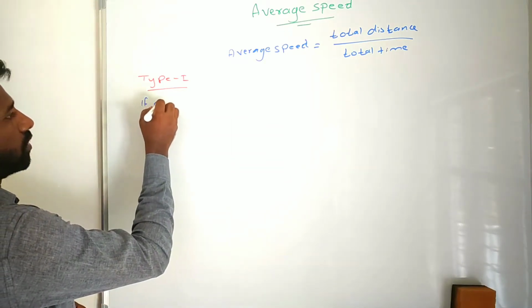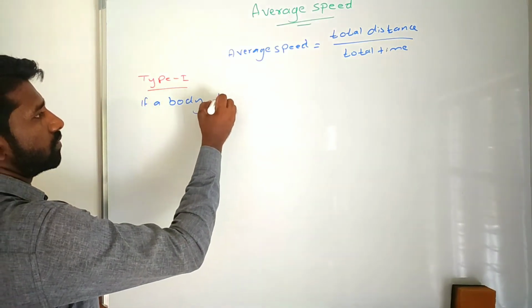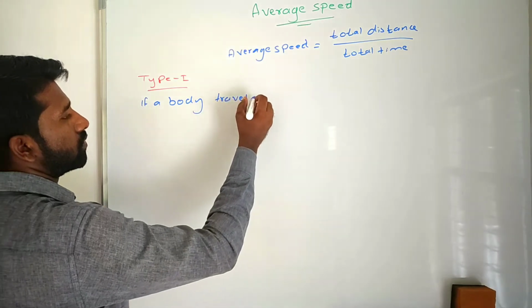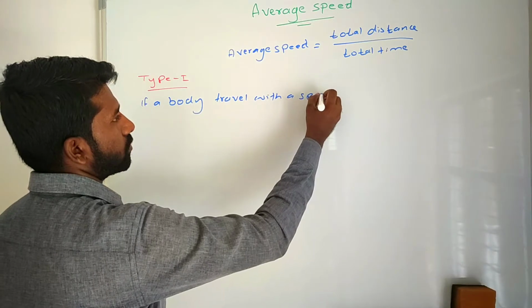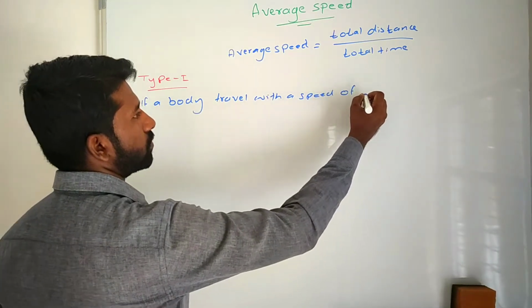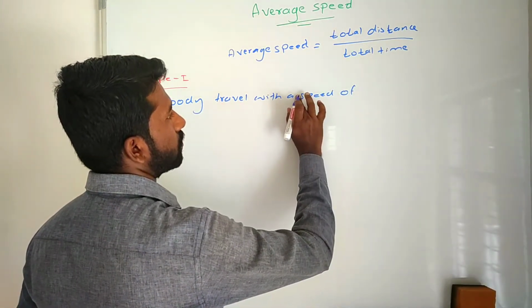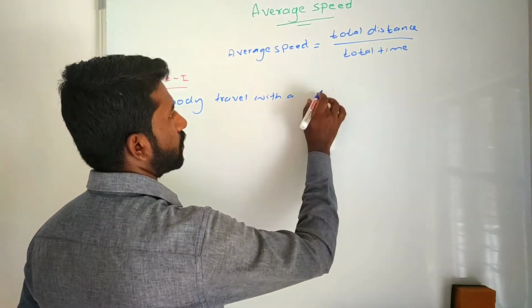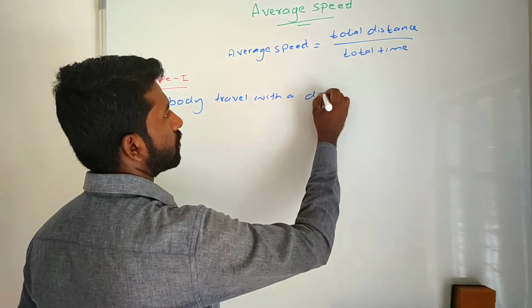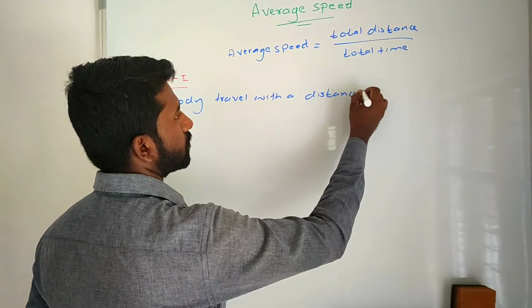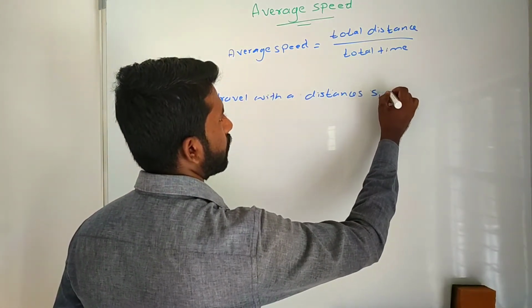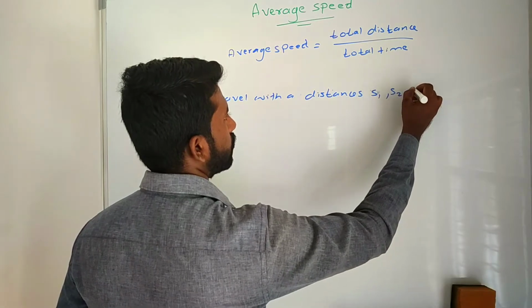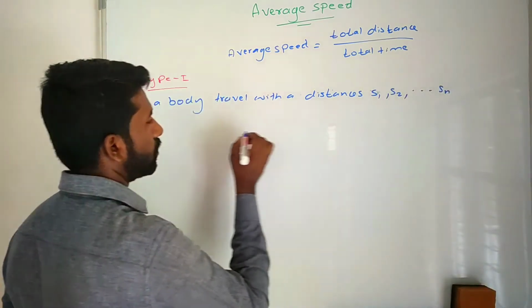If a body travel with a speed of the distances in S1, S2 up to etc. S1 in